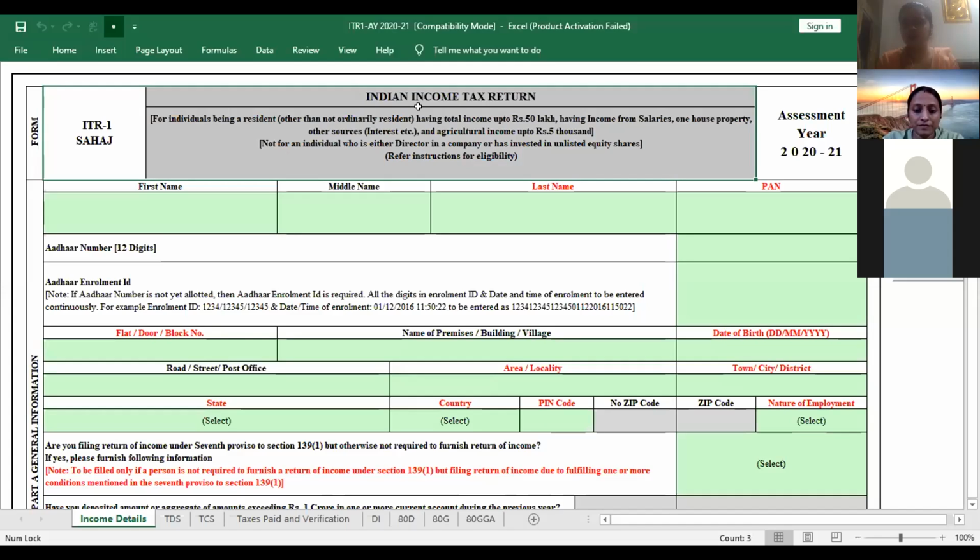Is it mandatory to fill up e-return filing by CA? I think not. No, not mandatory. I would really wish to say yes over here, but it is not. You can file it yourself. But if you need our services, we are always ready to help you. That is why we are showing the demo. Yes, in case your pattern of income is not very complex, you yourself can file your returns. That is the whole session about how you can file your own return. True. You need to go to a CA only when you need to get your books audited. Only if you require audit, it is mandatory to go to a CA. Otherwise, you can file your return yourself.